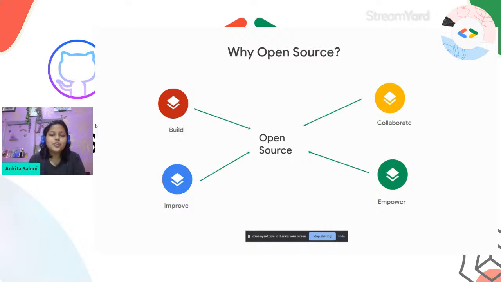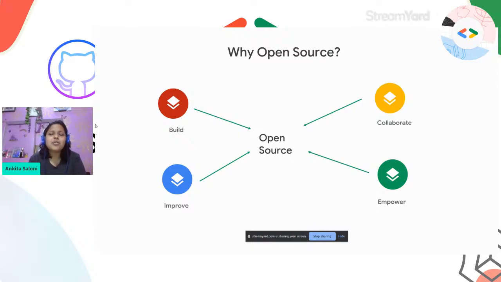You feel that there is something that can be improved. There can be a feature or a documentation or a bug that you want to resolve, anything. So, what you can do, you can just send a request and you can collaborate with that person over that project. Isn't it simple?